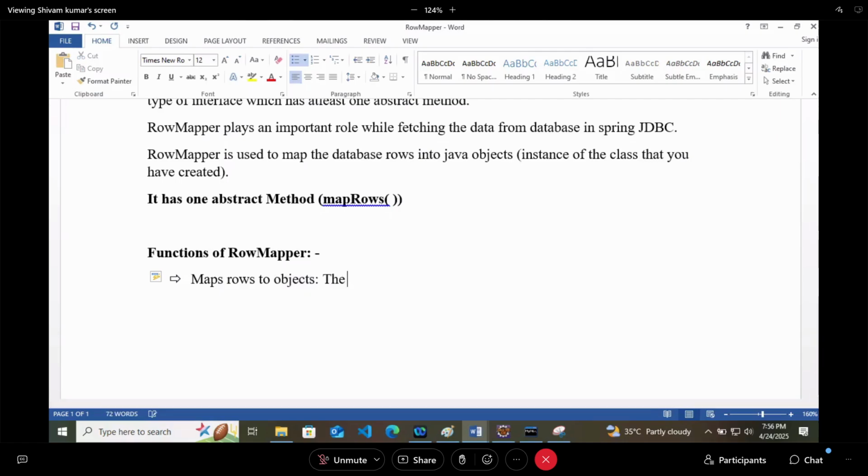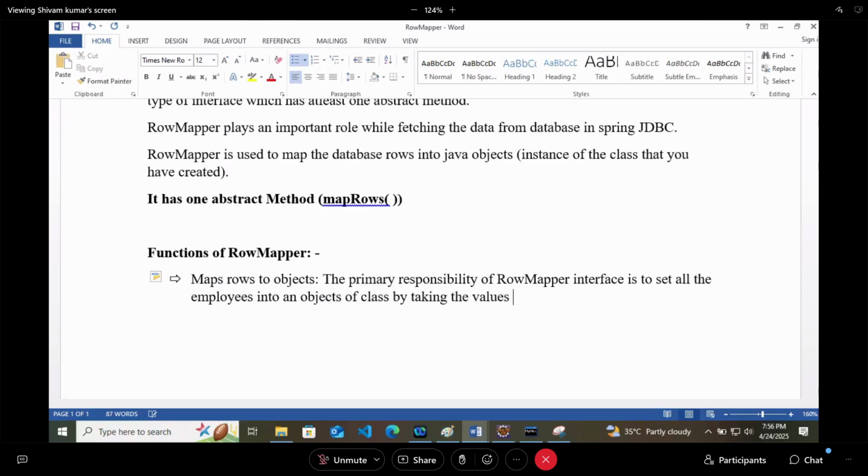The primary responsibility of the row mapper interface is to set all the values into an object of a class by taking the values from the database.